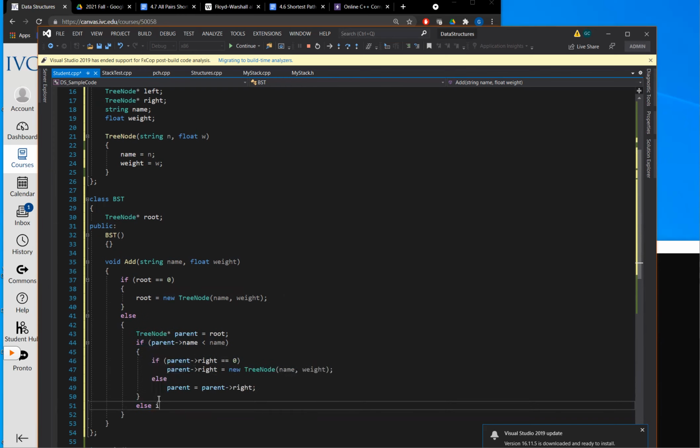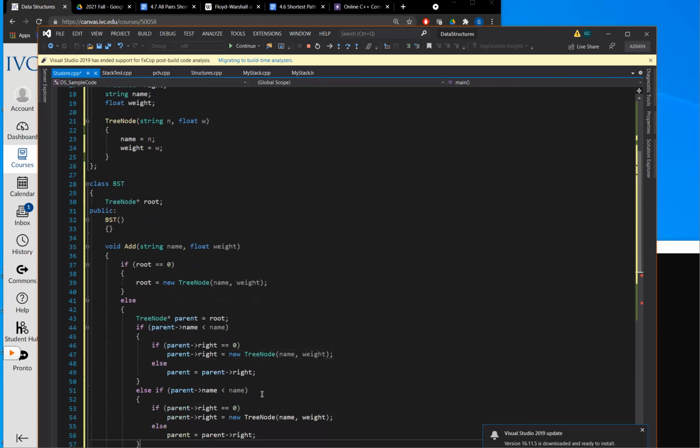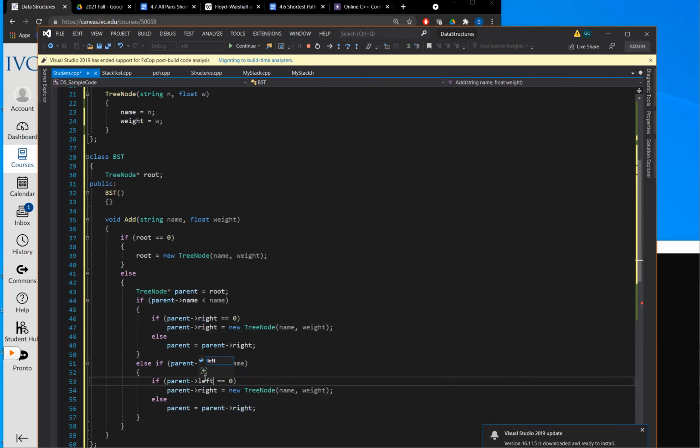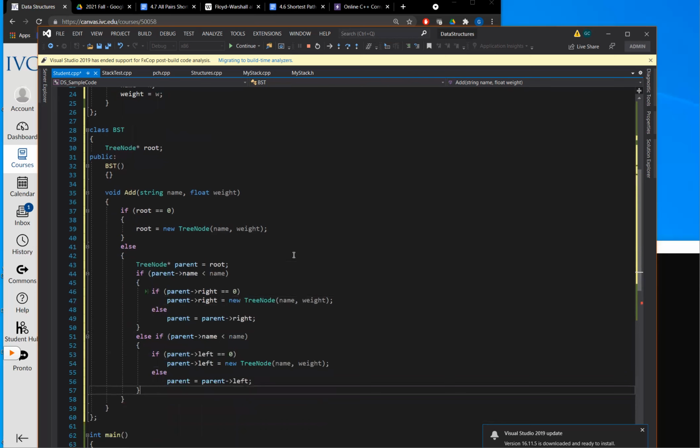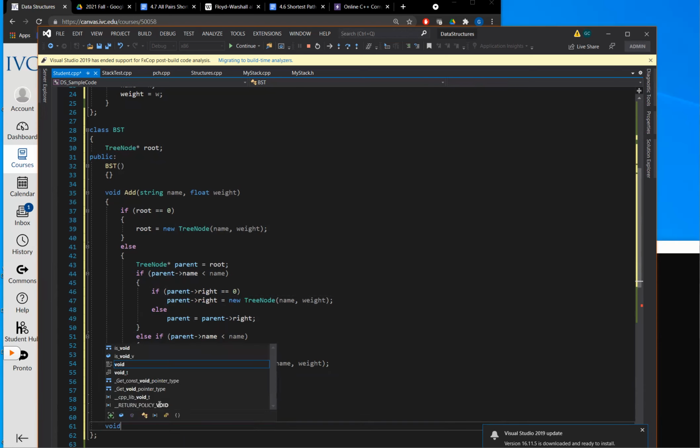All right, so else. Same story, different direction. Change our operator. Copy, paste. Change rights to lefts. And otherwise, we just won't do anything. We'll just do a silent rejection. Just leave it hanging on the phone, wondering why no one's talking back when I asked it to add a duplicate value. But if this is all going according to plan,